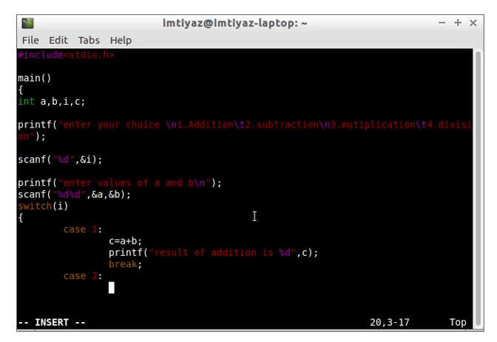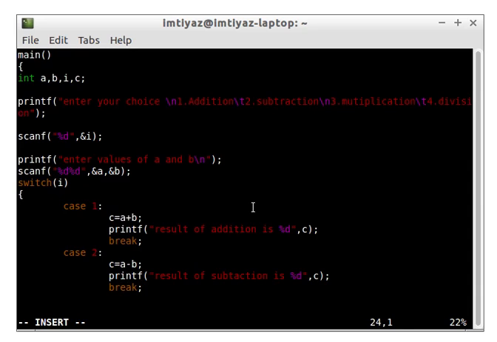Now for the case 2 we need to perform subtraction operation, so we are performing C equals A minus B, and then we are displaying printf "result of subtraction is %d" to display the integer value, comma C, and then break. Then the next case, case 3,